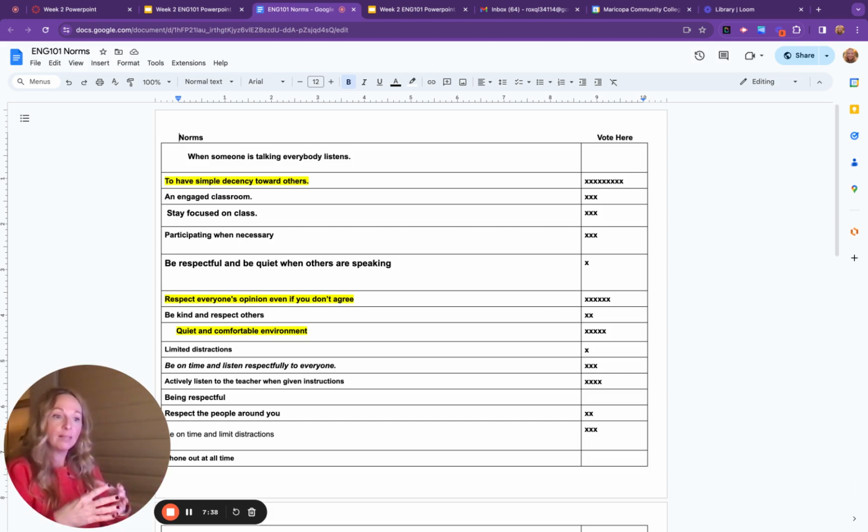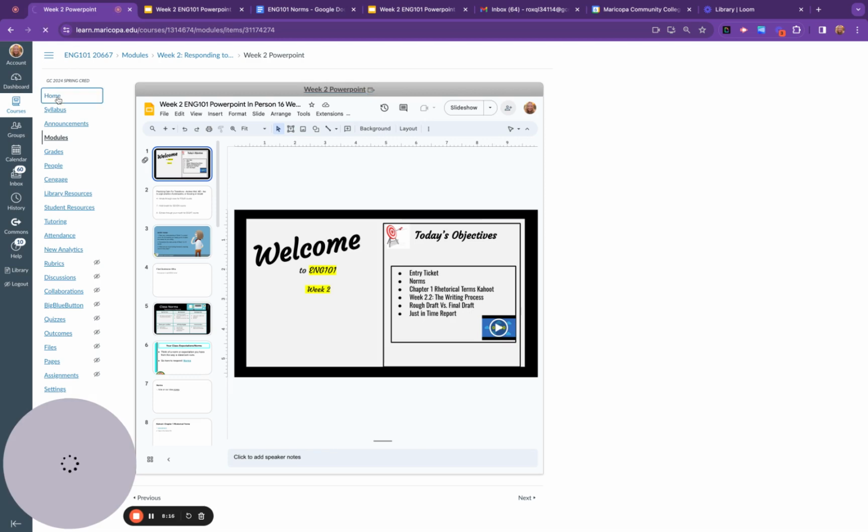And so we go through that process and I say, okay, so-and-so wants to change it to this. What are your thoughts? And then we open up the discussion and keep going until they arrive at a consensus about the norm that they want to stick with. And then we do the voting again. Thumbs up, modify, or discard. And I go through that with each one. The goal for the class and the group is to adopt at least 3 to 5 that are most important to them. So once they have them adopted, then I post them